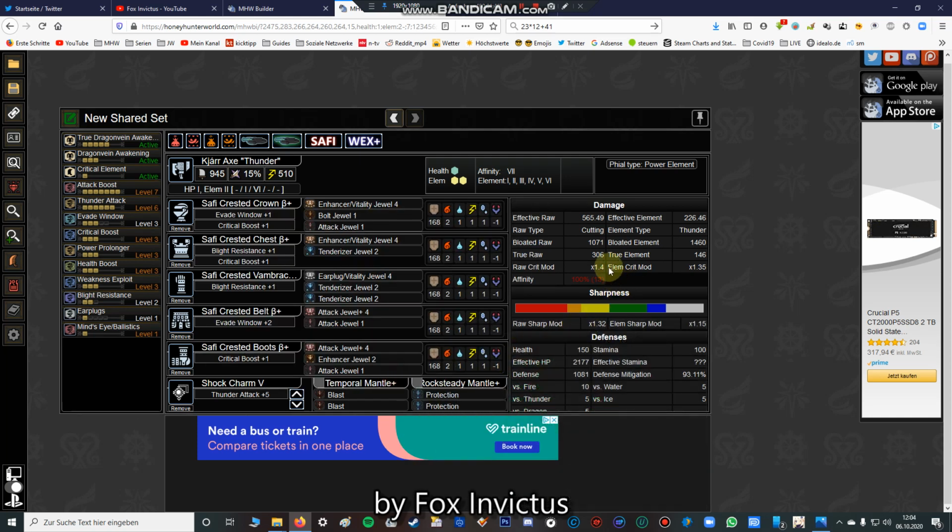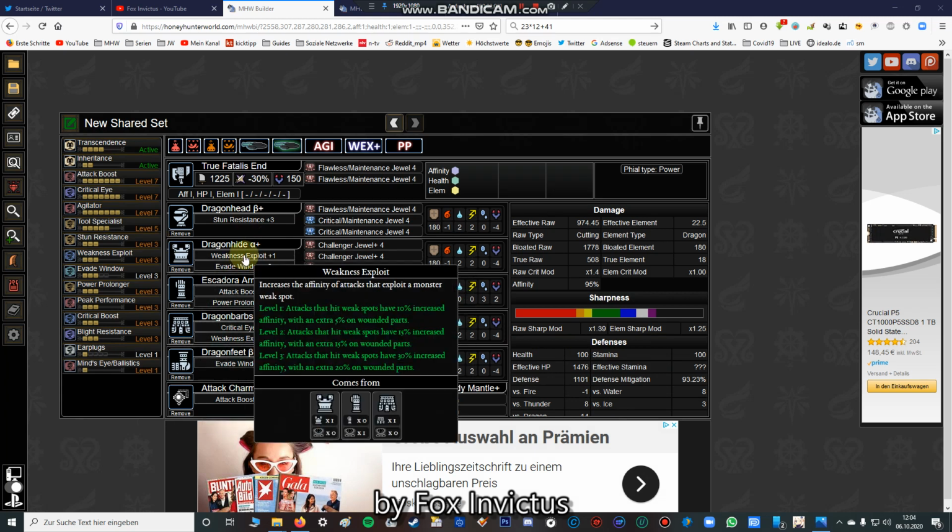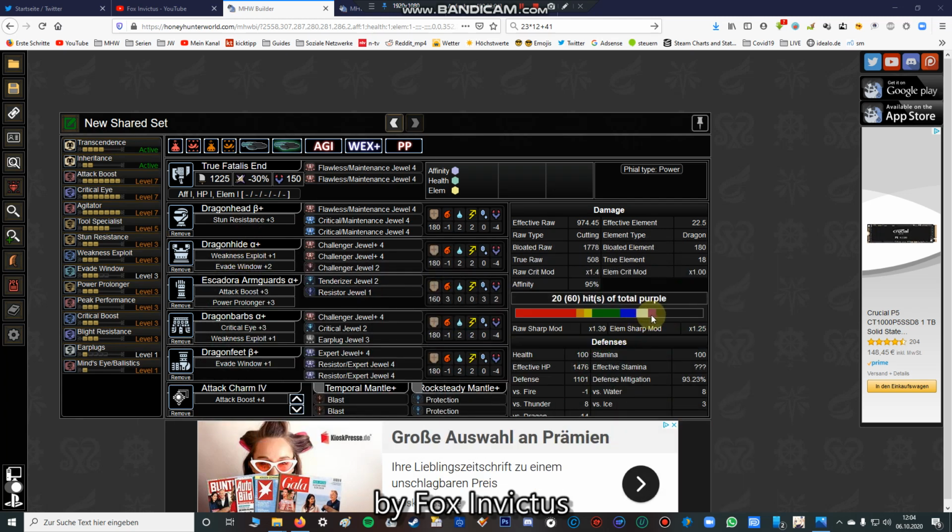So at the end we get a critical element of 1460, an effective raw of 565 and an effective element of 262. Now we go on with the True Fatalis End. We have 4 pieces of dragon equipment, so we have 20 hits of purple sharpness, but because we have used the skill Transcendence,